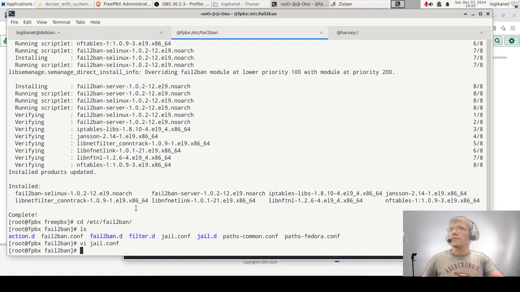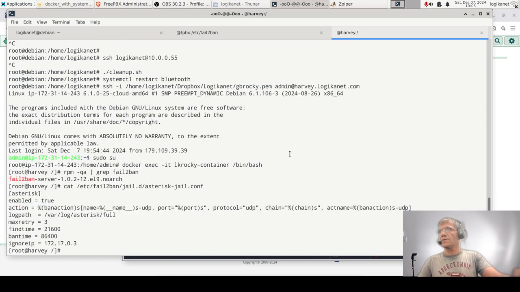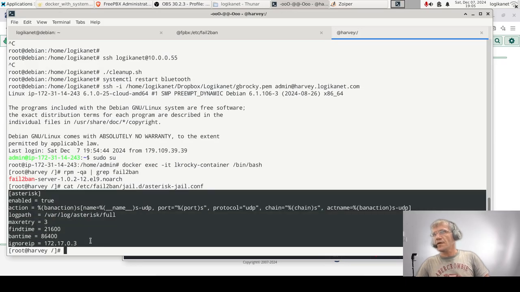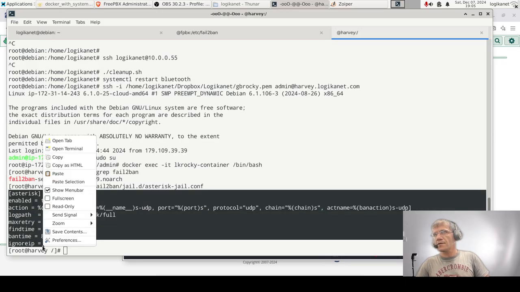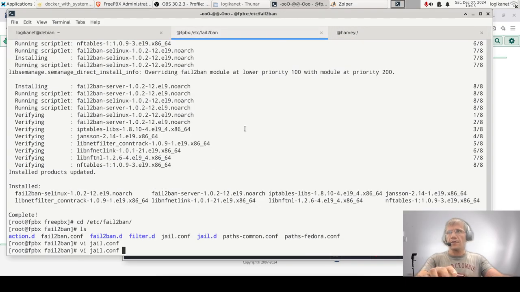Okay, so I'm gonna copy what I have here on my other servers. So /etc/fail2ban/jail.d/asterisk.jail, and I'm gonna copy, just omit the IP address, and if we go to